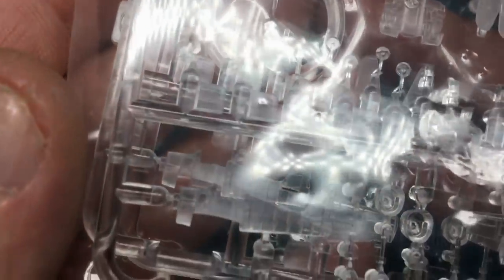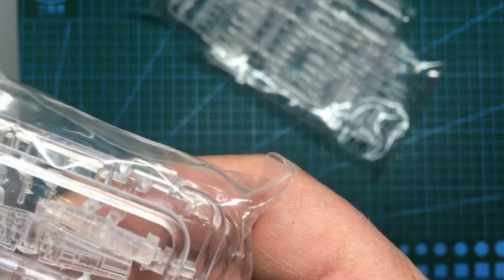You can see on here they've got all the panel line detail in the fuselage. You've got a separate canopy, so you can have the canopy open or closed. You've got your wings there with all the detail, and they've actually got undercarriage bays in them. They are absolutely stunning. And when you look at the engines,